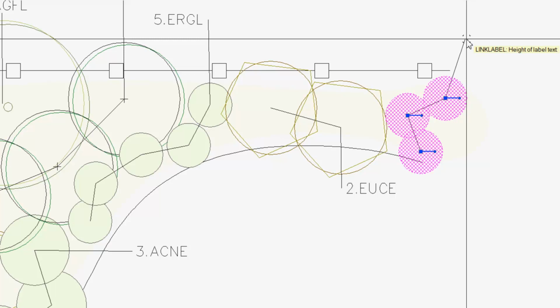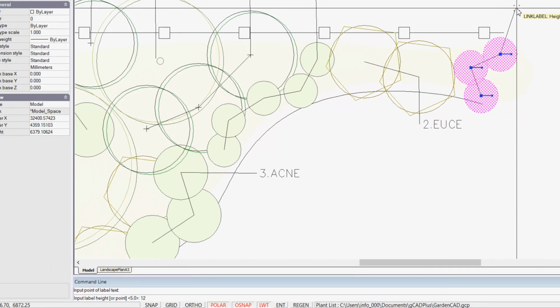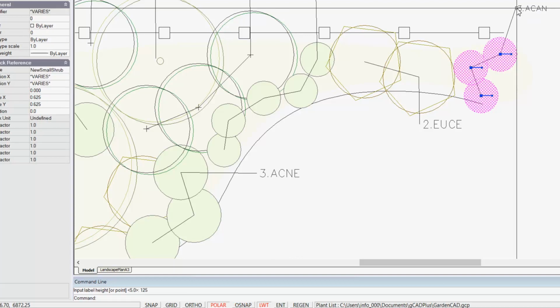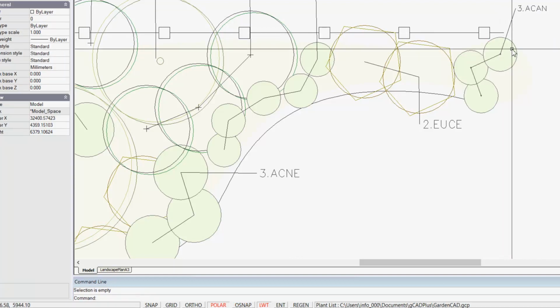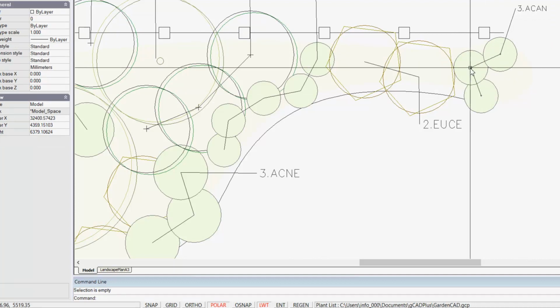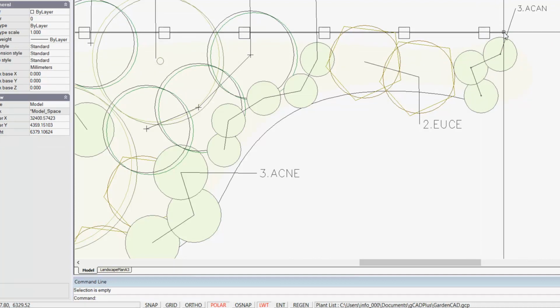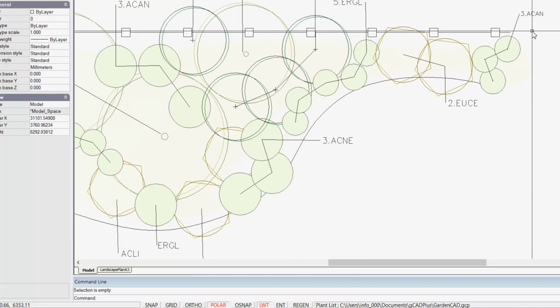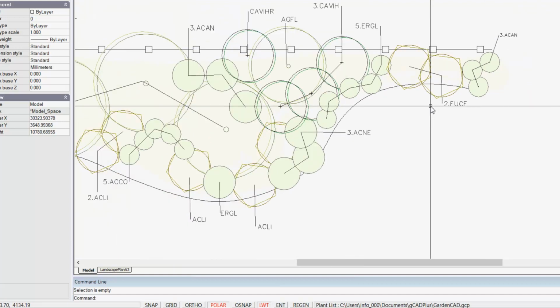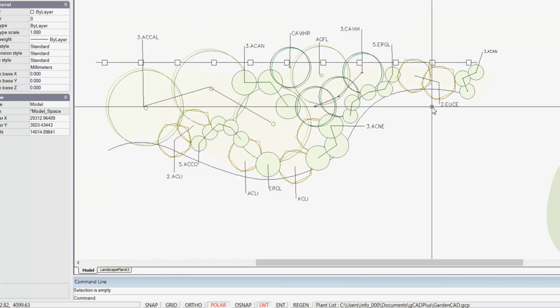So we click it, and we want a height for text, so let's say 125, I'm only guessing, and in goes the label. So we're saying in this design 3 acacias will be planted in that area, and the line joins them up and links them up. So it's a way of producing a design for very large areas using a restricted set